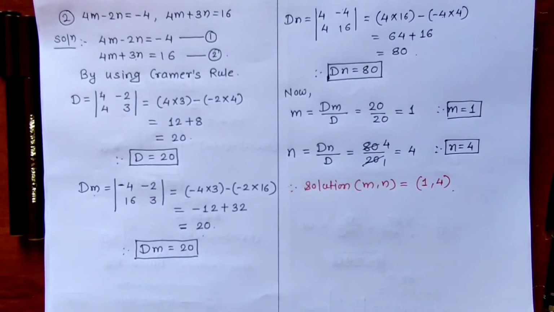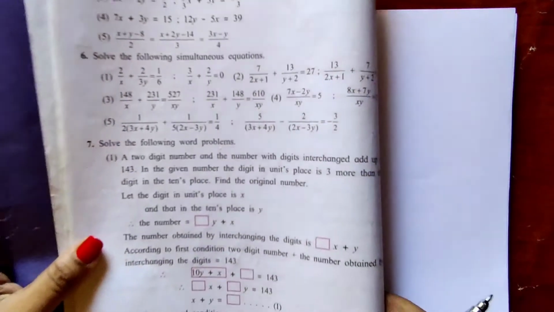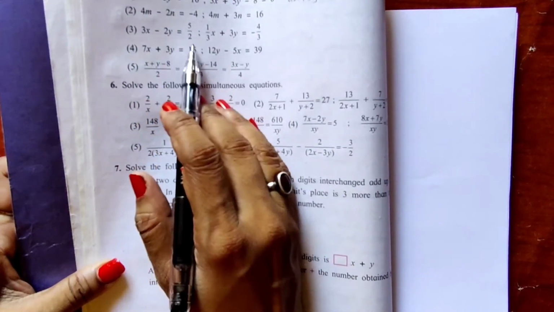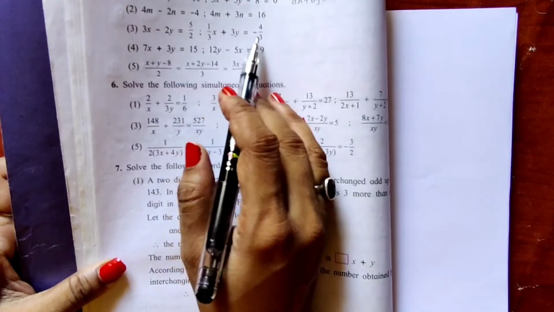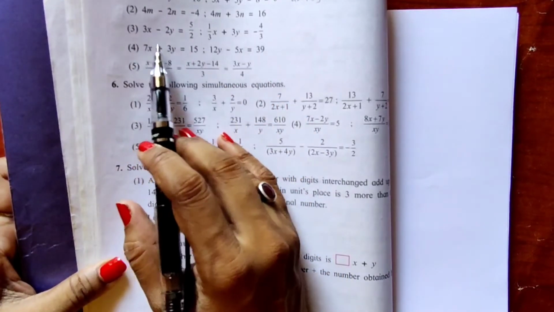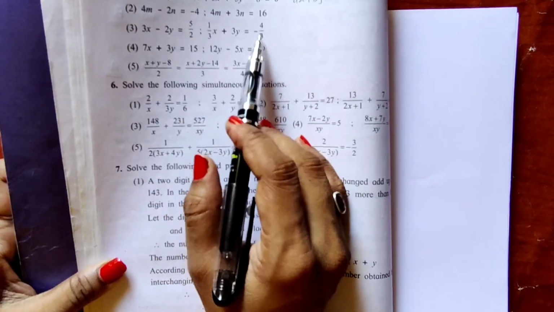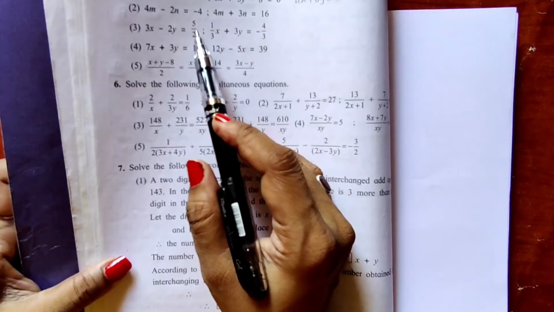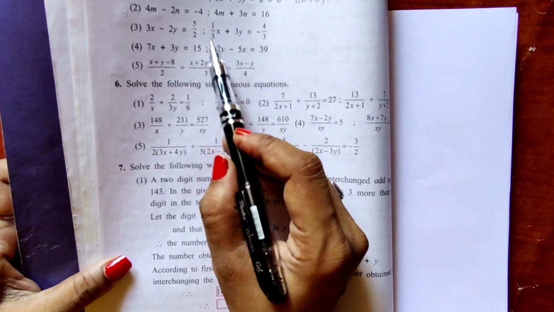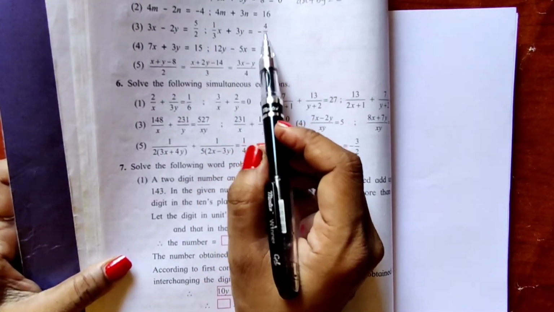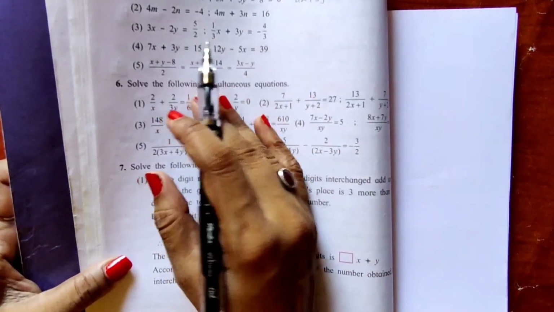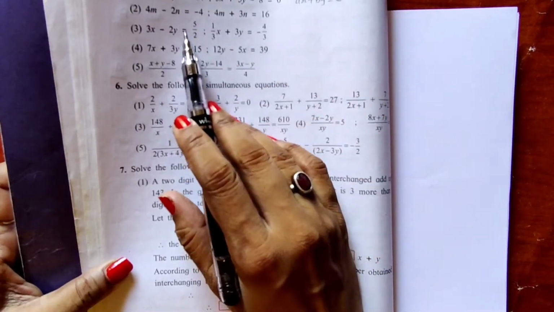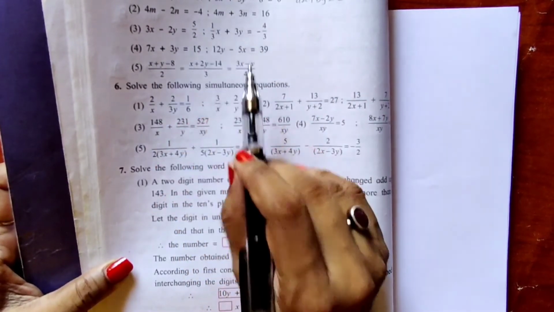Next question. This is the next question which I am showing you here. 3x minus 2y is equal to 5 upon 2 and 1 upon 3 x plus 3y is equal to minus 4 upon 3. See children, in both these equations we can see fractions. You can solve by keeping the fractions as they are. That means constant term 5 upon 2, the coefficient of x as 1 upon 3 and constant term as minus 4 upon 3. It is in the proper format of ax plus by is equal to c, that means x and y terms on the left hand side and constant terms on the right hand side.